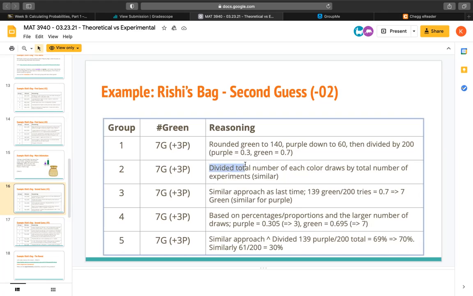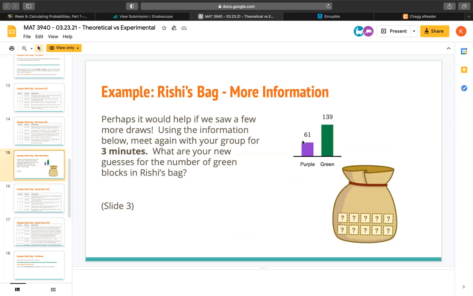I think that was 2. So what we did was divide the total number of each color draws by the total number of experiments. So what we did was divide 61 over here by 200 and we got,